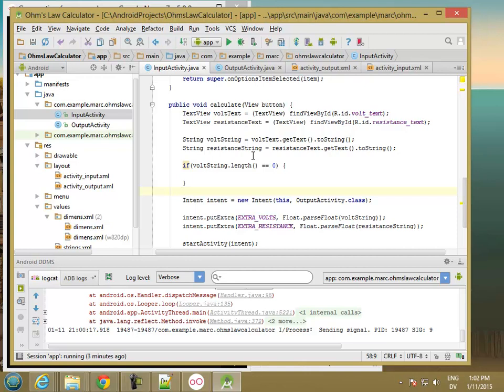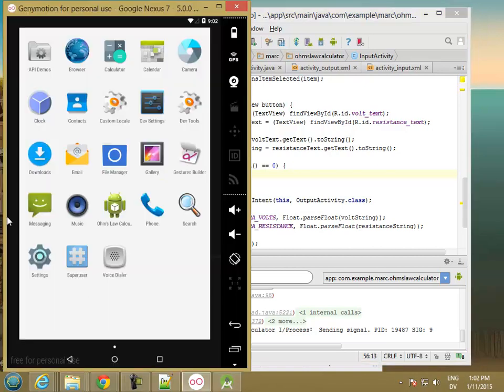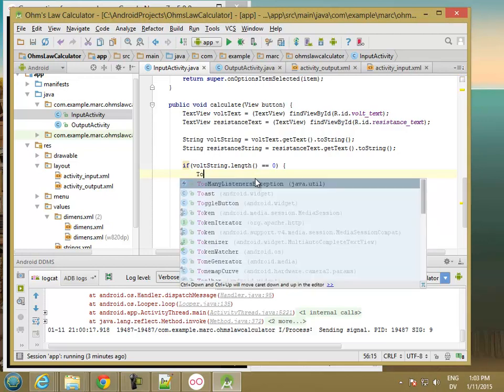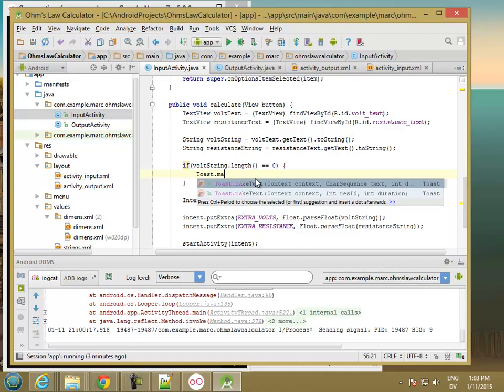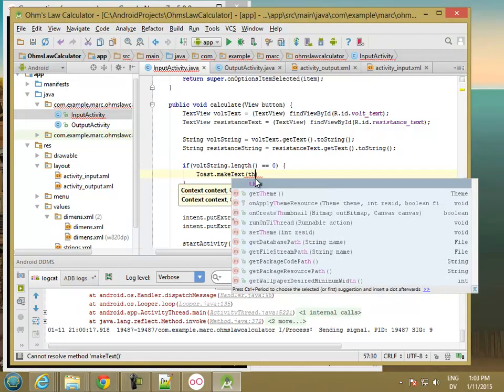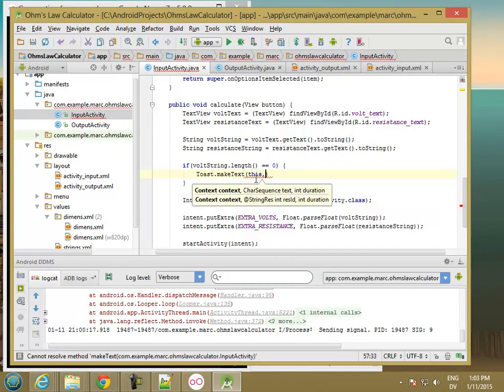And I'm going to also do something if resistance string is 0. So what I'm going to do, I'm going to use something called a toast. And a toast is a little floaty text box that pops up giving you an informational message. And so I'm going to say toast dot make text, and then I need a context, which is the activity it's going to appear in, which is this, and then I need a piece of text,